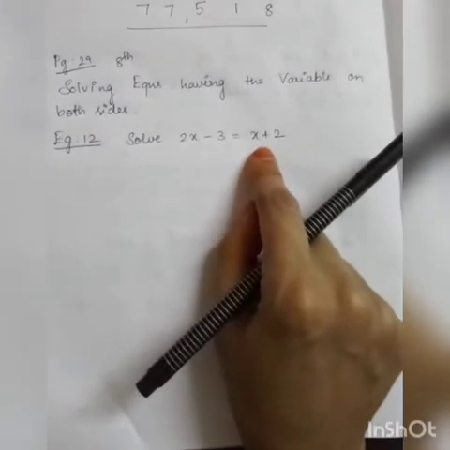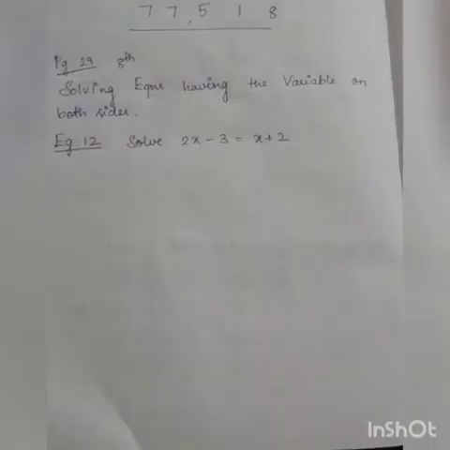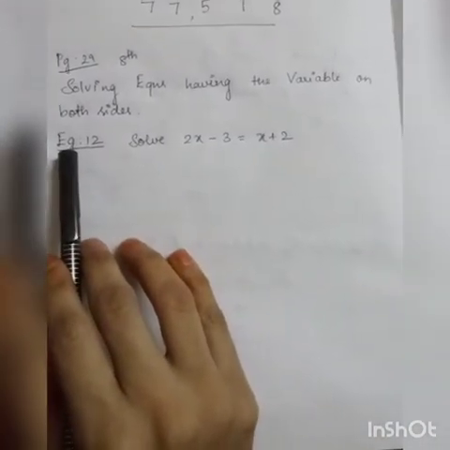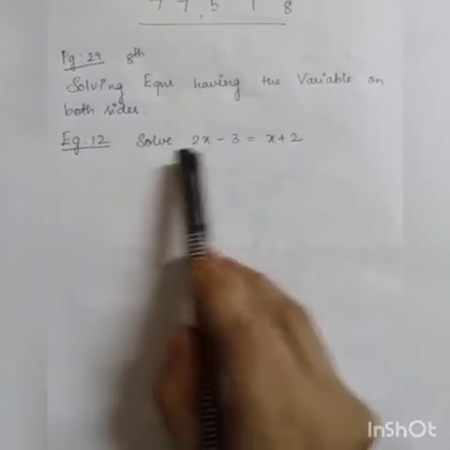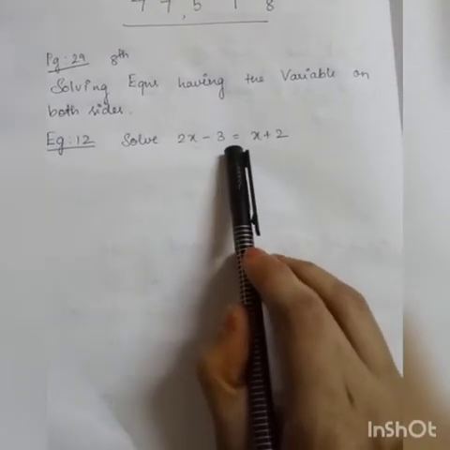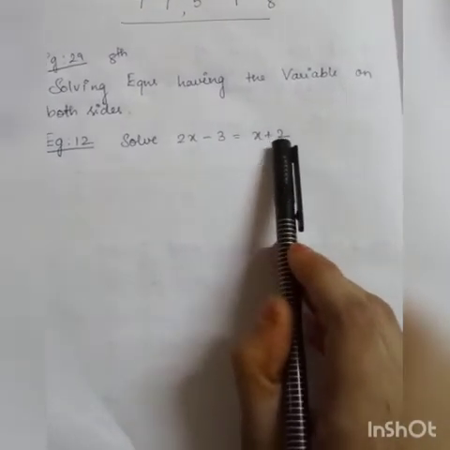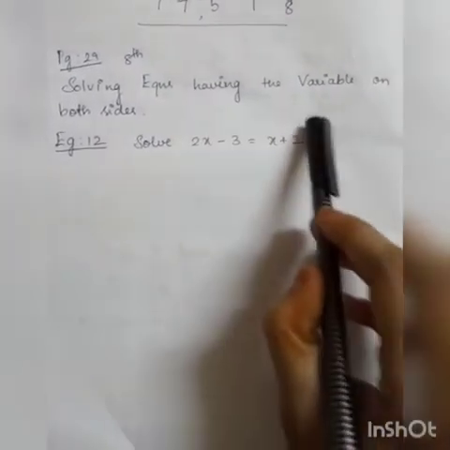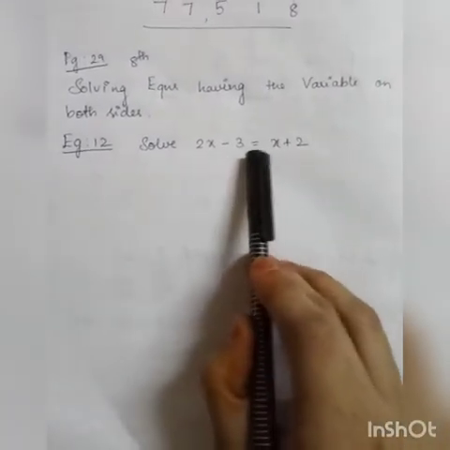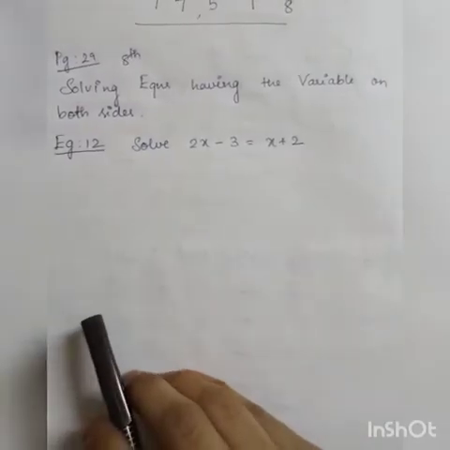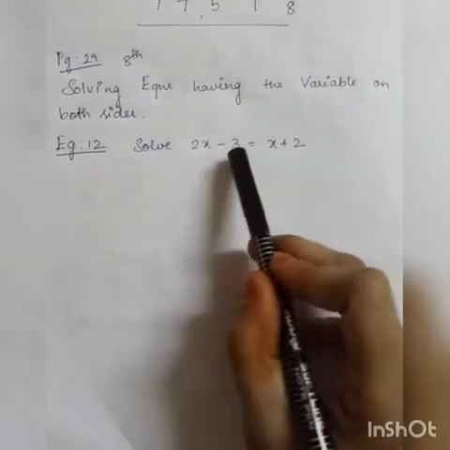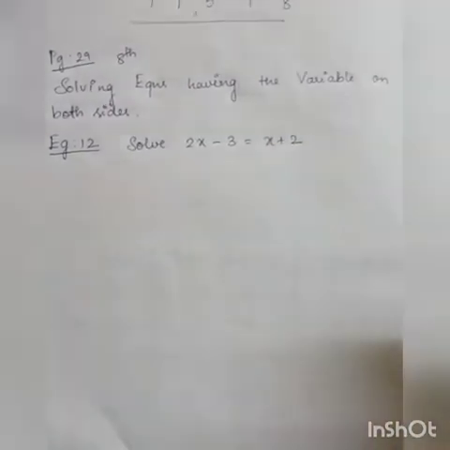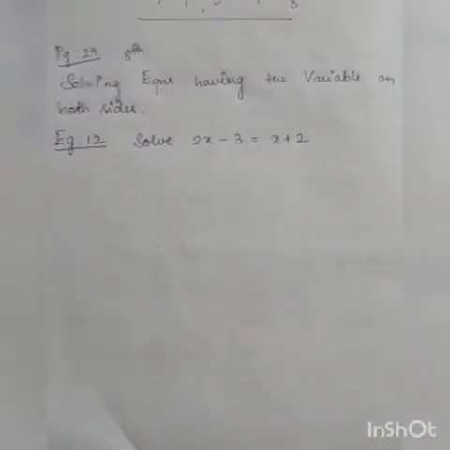Okay, so you can take page number 29 in your NCERT textbook and refer to the example problem from that question. Which example am I going to teach you? Example number 12. What is the question? Solve 2x minus 3 equal to x plus 2. Actually, this is one equation. Why? It contains an equal to sign, a variable, a constant and an operator. So we'll say it is an equation.